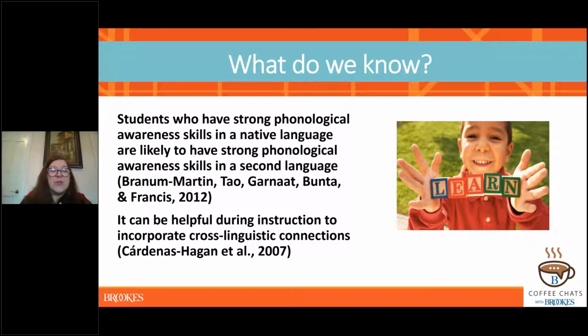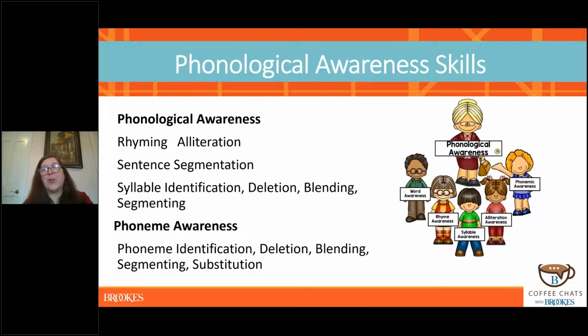What overlaps? What doesn't overlap? And so when I am designing phonological awareness activities and lessons for my students, I should be thinking about what they already know and have, and how I can incorporate that into the second language phonological awareness development. And so we want to provide you with activities. And so chapter 4 really reflects upon these different